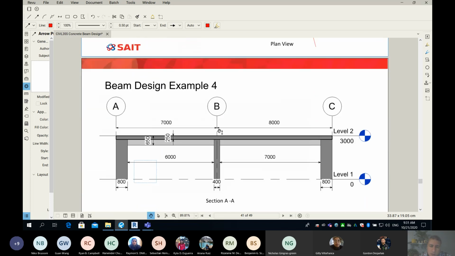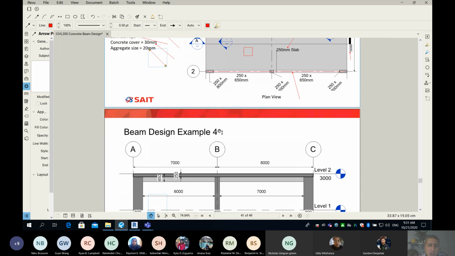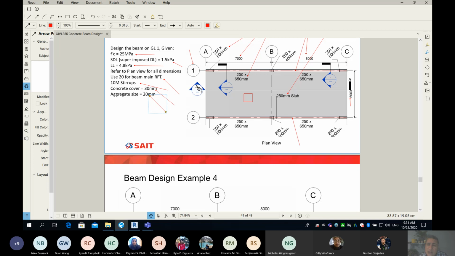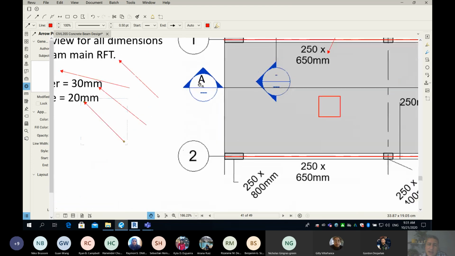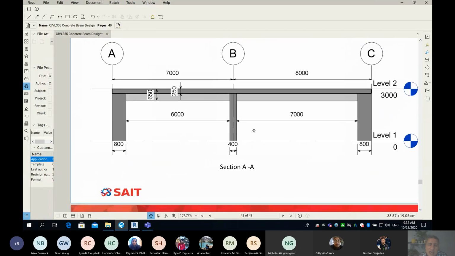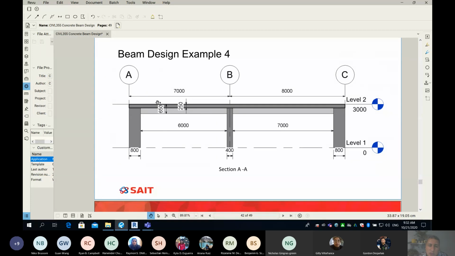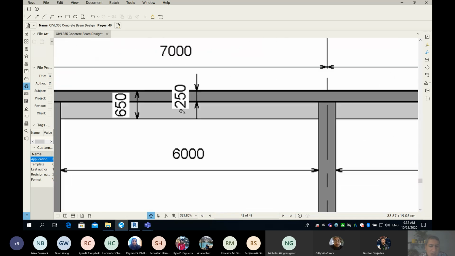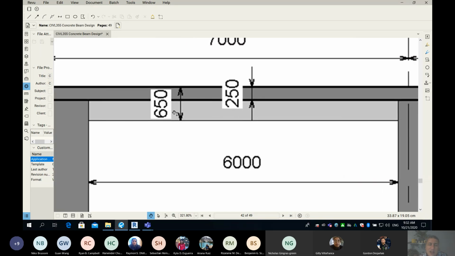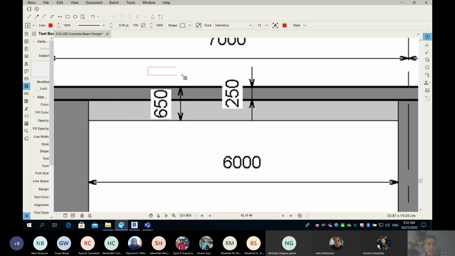Now, one more thing for you to understand, I showed you here an elevation view. So you can see here, I cut section AA. So section AA is here, and the section AA goes through the slab, and this is how section AA will look like. Okay. So also what I want you to do is look at the grid lines A and B and C. Look at the dimensions, where they start, where they end. You also can see the slab thickness here. It's 250 millimeter, and the beam thickness is 650 millimeter. And remember, they are measured from the same level, because this point is